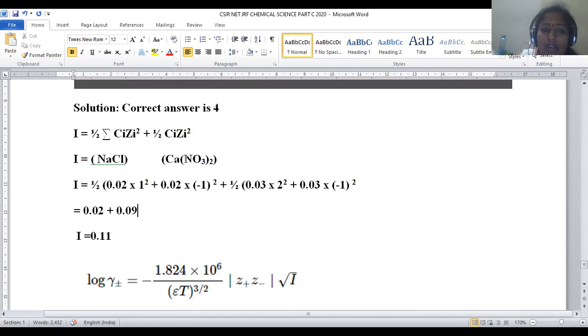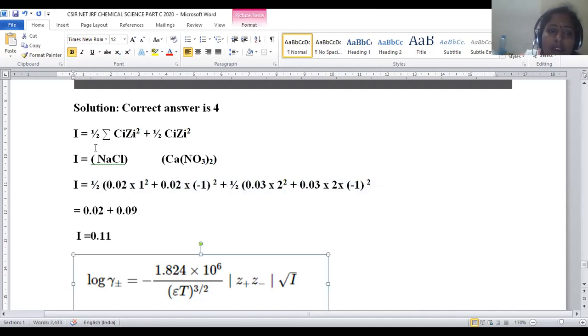Plus what is the anion here? Nitrate anion is there, right? So nitrate anion is there, whose concentration is again taken as 0.03. And how many nitrate ions are there? Here it should be indicated as 2 into -1 square. So nitrate ions are 2. So that's why we denoted with 2 into each nitrate is associated with -1 charge. That's why -1 square. So this is about the ionic strength calculation.